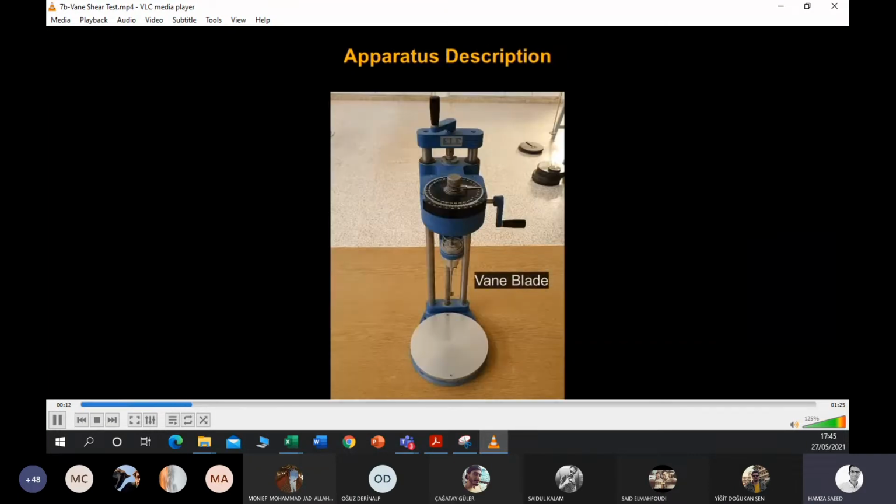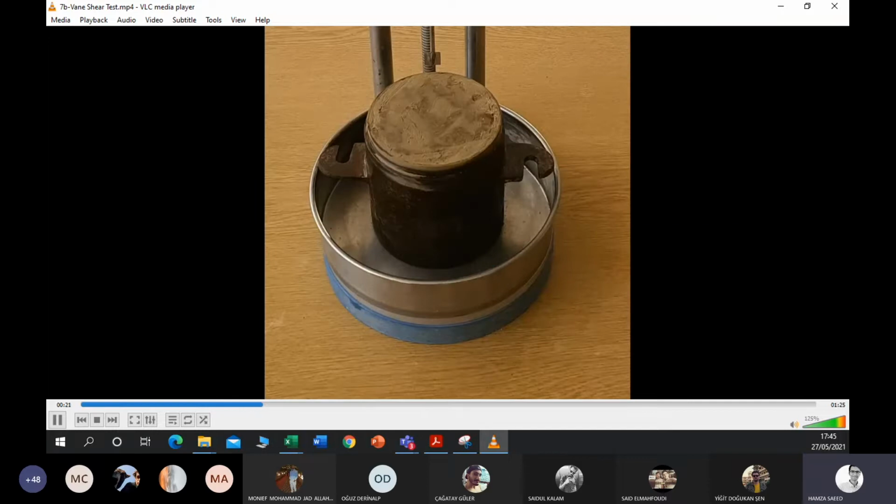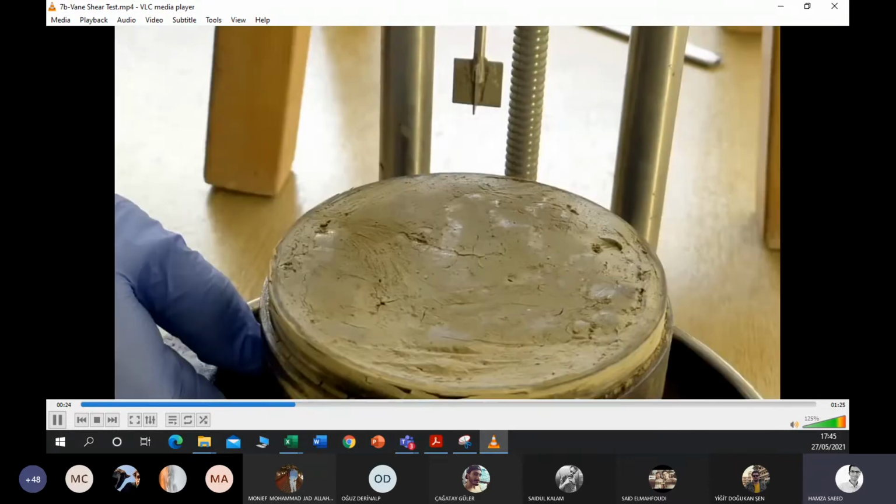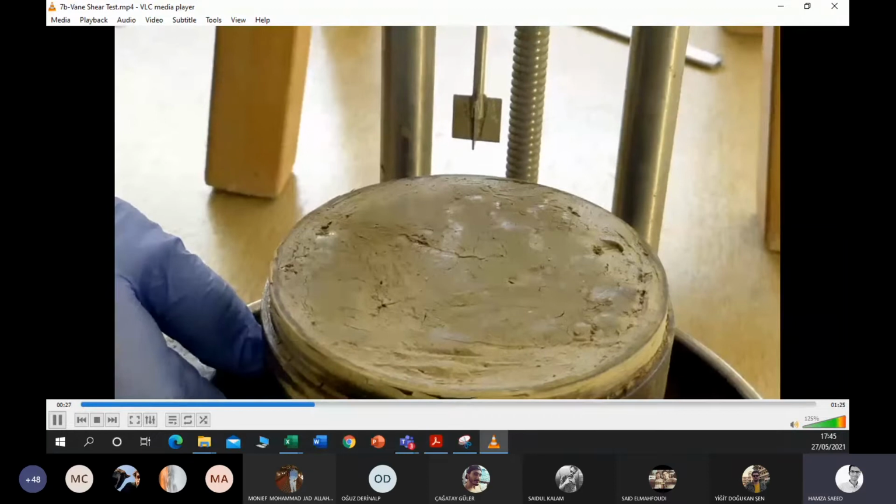The description of the apparatus is as follows: vane blade, torque spring, graduated circular scale, and crank. Place the soil on the base of the apparatus. Lower the vane shear blades with the crank.